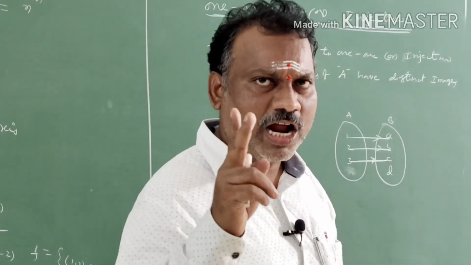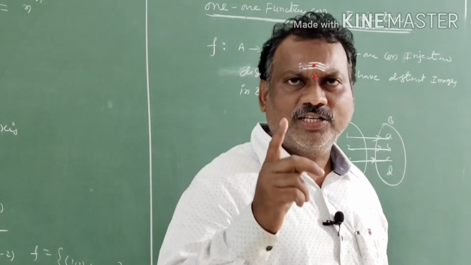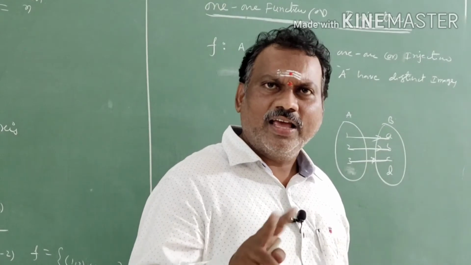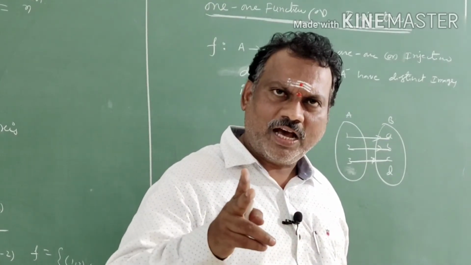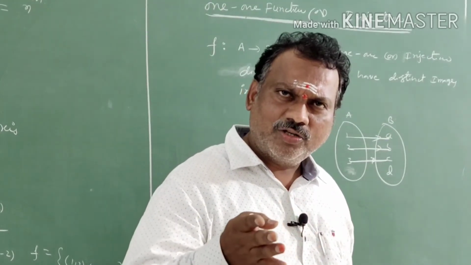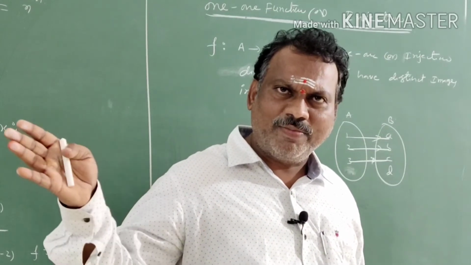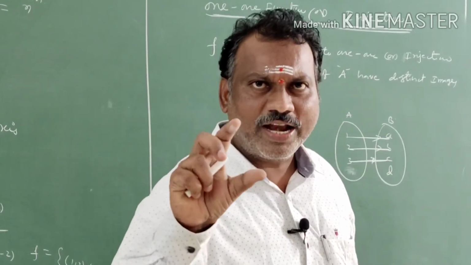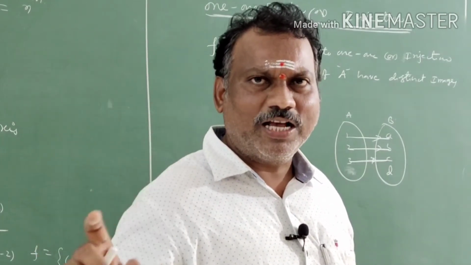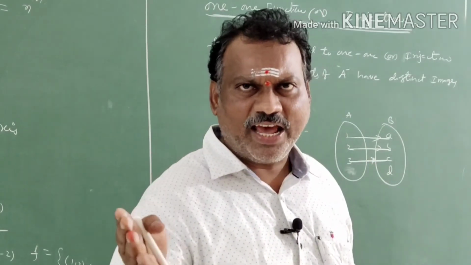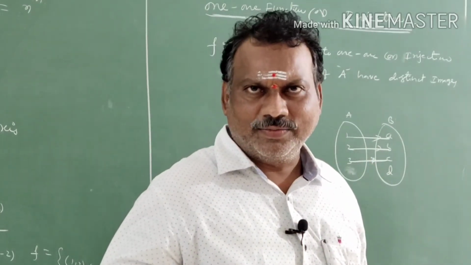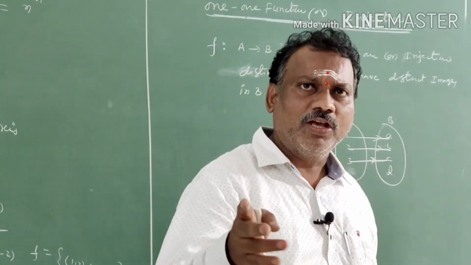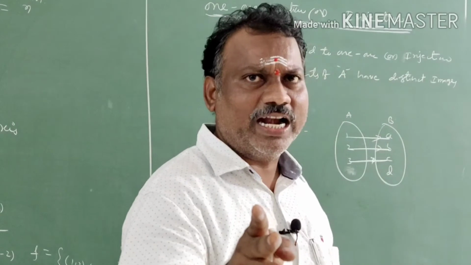Function means you have to remember always two conditions. First one, there is no unpaired element in set A, in the domain. Second condition, any two different elements of A should not have more than one image. That's why for each and every element of set A, there exists a unique image in B. Then only it is possible. If 1 is related with A, it should not be related with another. 2 can be A, no problem in that. The second coordinate can repeat, no problem. So for a function, those two are very, very important conditions.